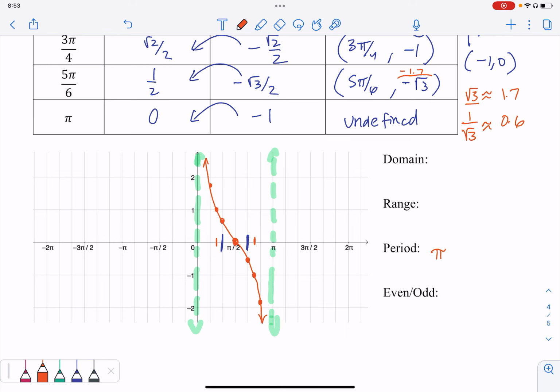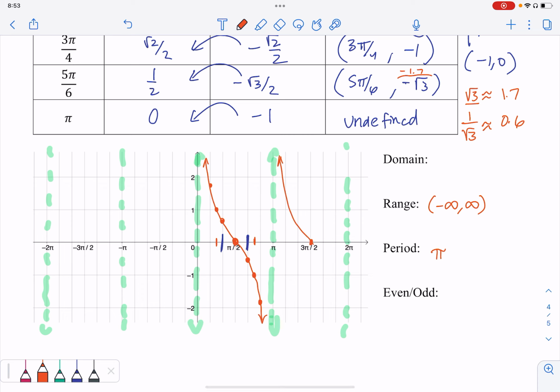What about the range? Well, the range is all real numbers, right? It goes up, up, up, and down, down, down, doesn't have any breaks. What about the domain? Well, I could draw some more cycles if I want. And it just keeps going on and on. But what happens is I just repeat the same shape. And the only problem areas are these multiples of pi, right? Everywhere else seems fine,